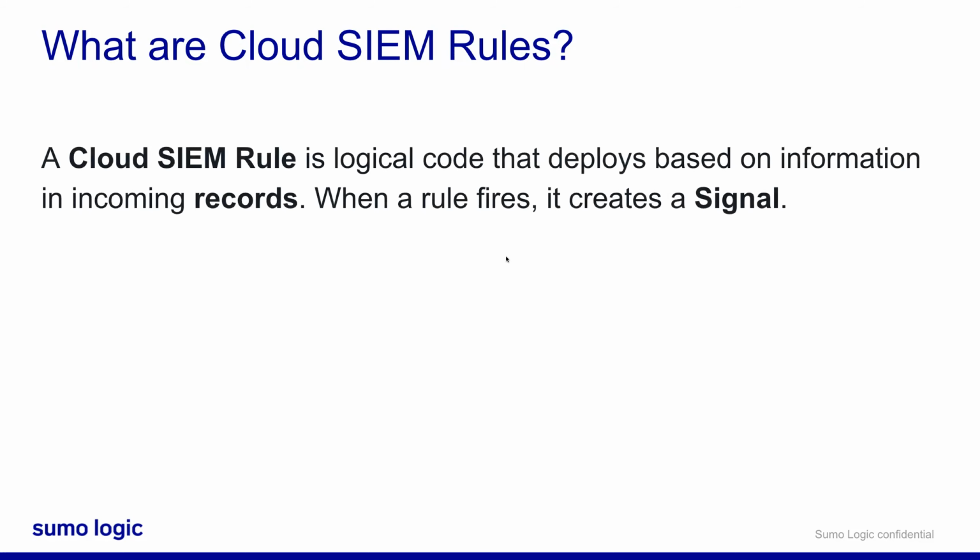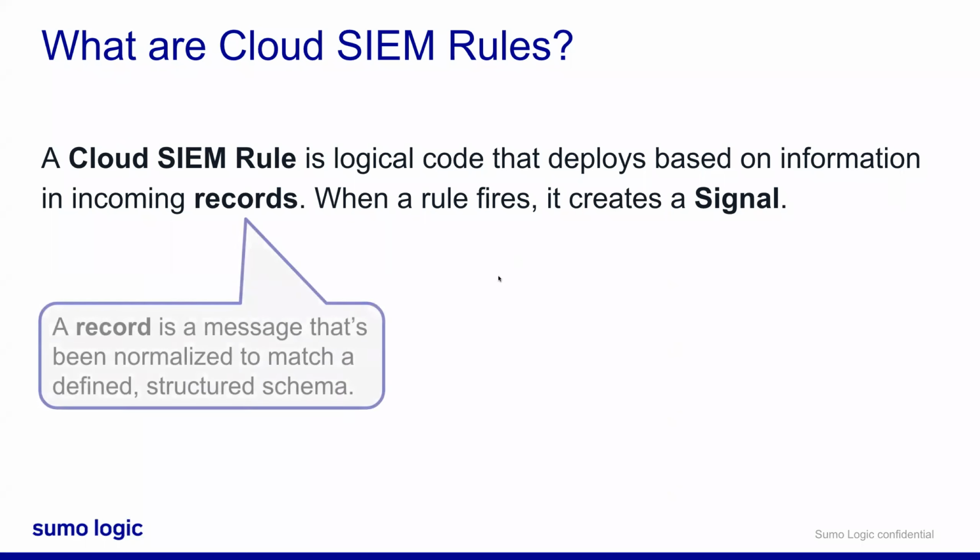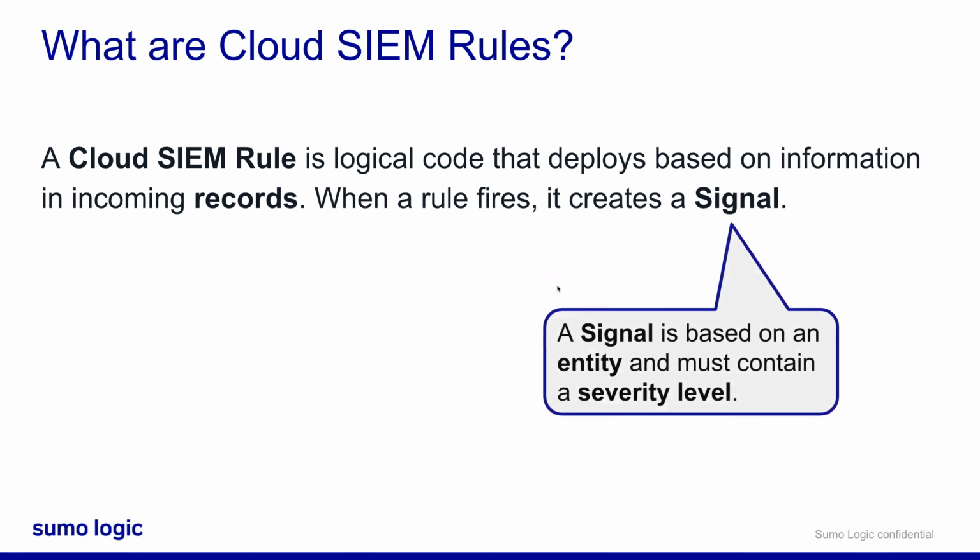Rules are going to be one of the most important pieces of Cloud SIEM's threat detection engine. All the records that are ingested into Cloud SIEM are going to be compared to every rule that's in Cloud SIEM. Remember, records are just normalized log messages. If there's a match, an entity is going to be extracted and a signal is going to be created. Those entities are tracked and may correlate with other signals and create an insight, which is where most of our threat investigations are going to begin.